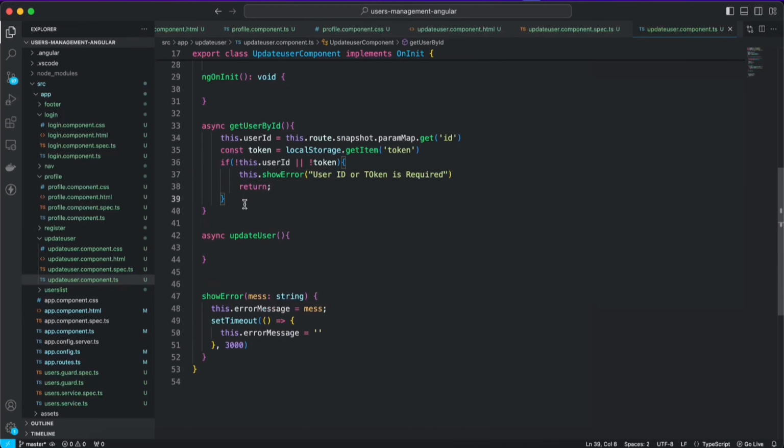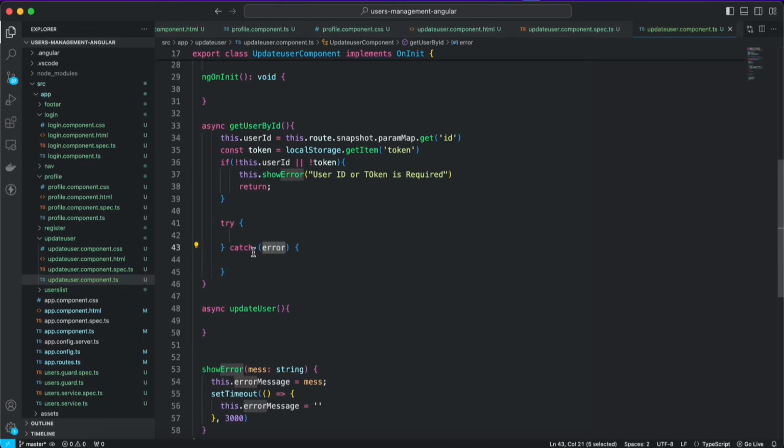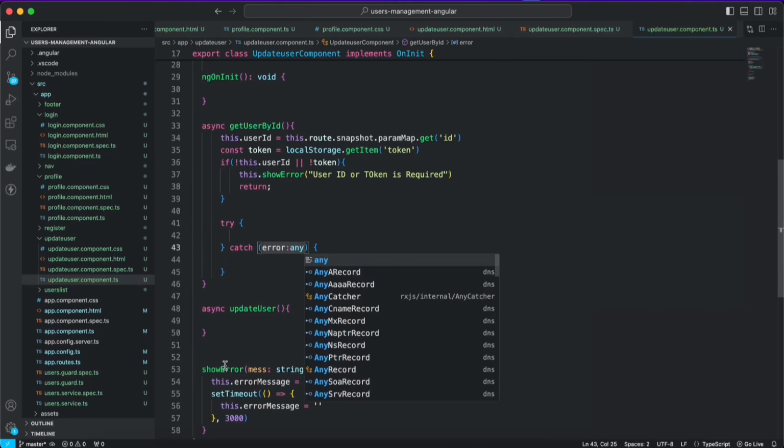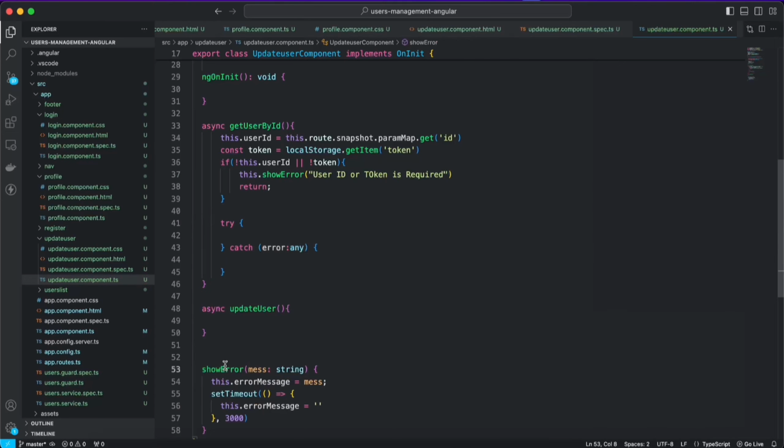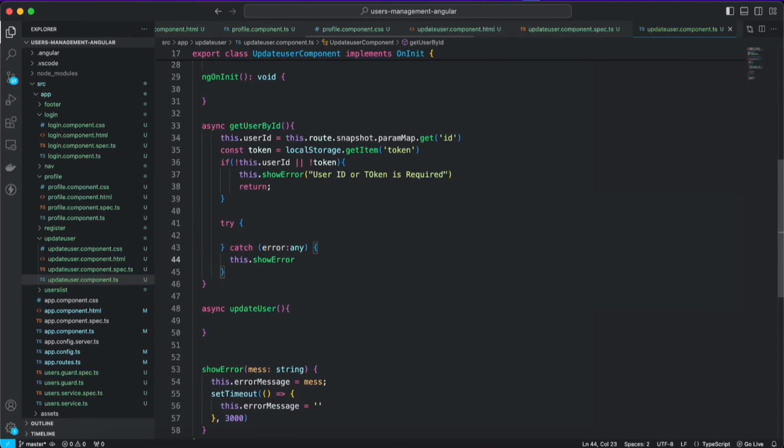So let's continue with our try and catch. And let me just call this error of type any. I'm just going to say this dot error equals error dot message. And yep, so within our